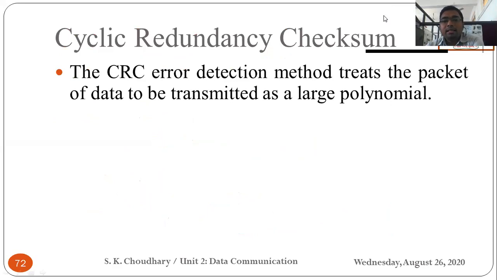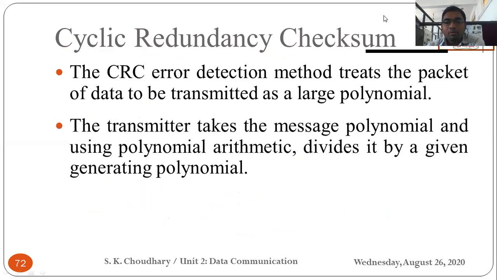The CRC error detection method treats the packet of data to be transmitted as a large polynomial, and the transmitter takes the message polynomial and, using polynomial arithmetic, whatever final polynomial is obtained is divided by a generating polynomial.